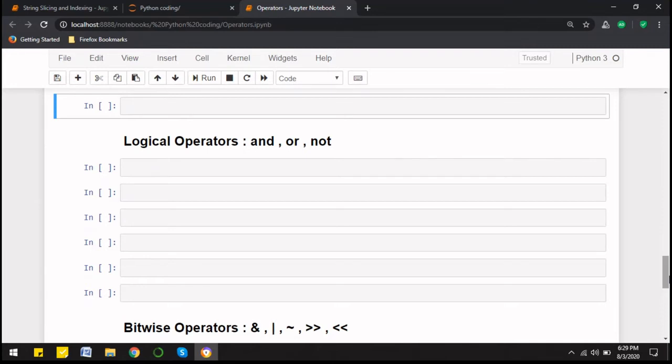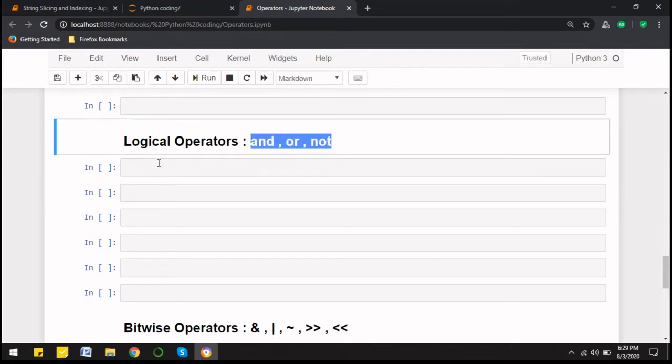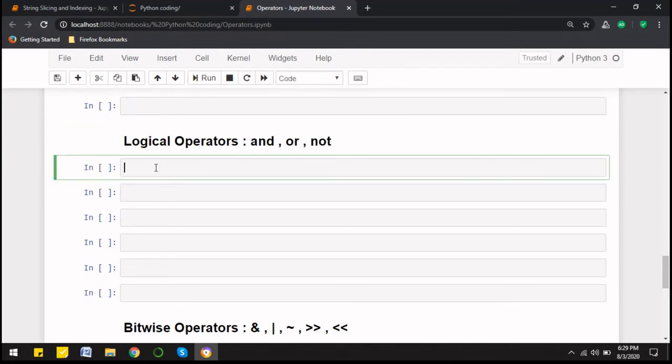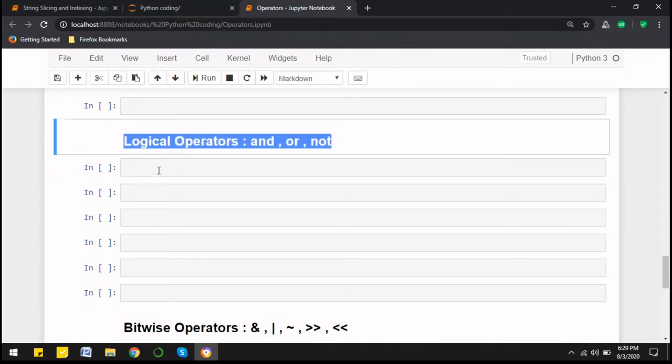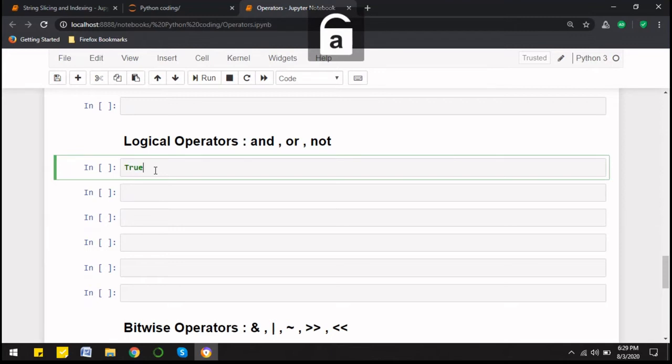Now coming to the next type of operator, that is logical operators. And the three logical operators here are and, or, and not. Logical operators are applied on the Boolean values, that is true and false. So let's say I hold true or true.